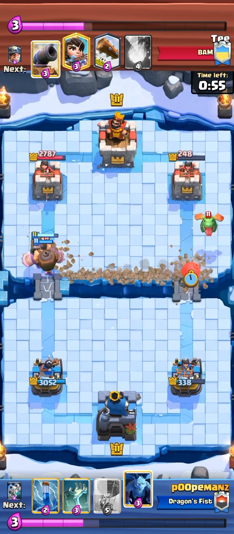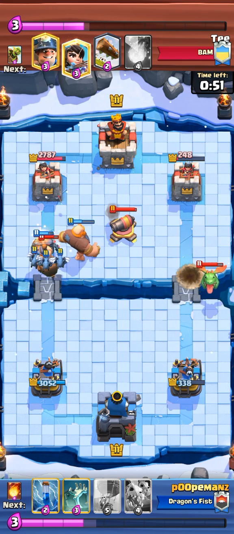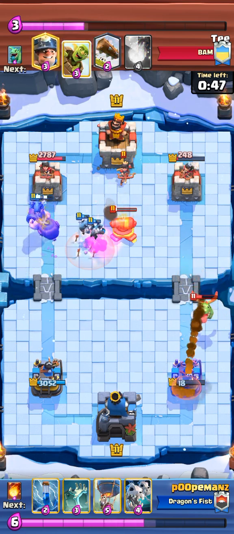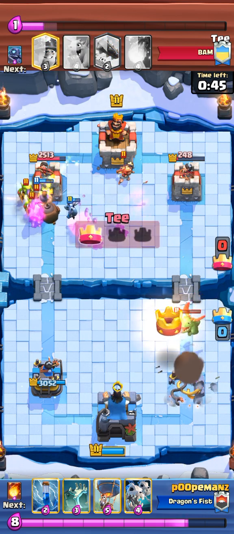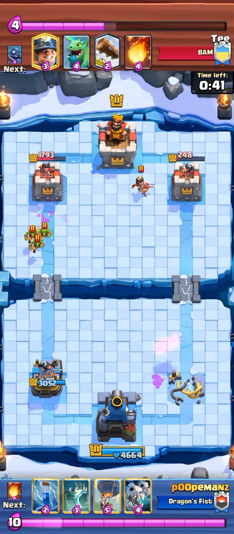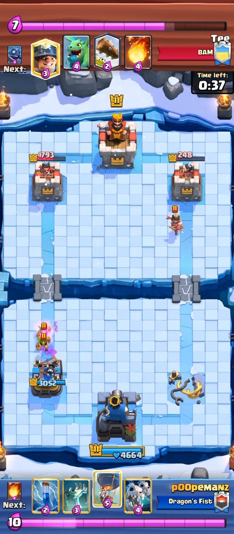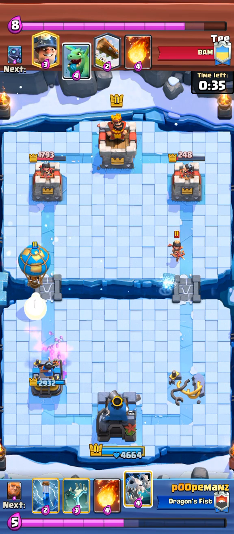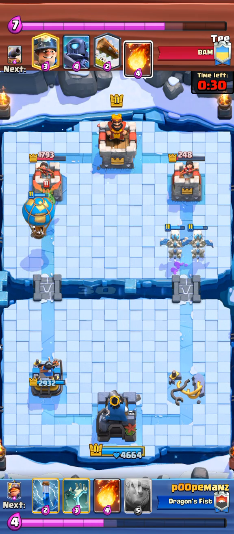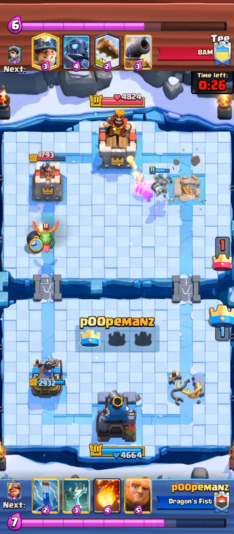So my plan here was to use the bomb to take that tower down, but then he played the mini P.E.K.K.A, so I was like, well, if I can't do that now. If I was able to take down that tower in that push, I would have won, but I couldn't. Thankfully, these skelly drags do kill it though, and he does play 8 elixir